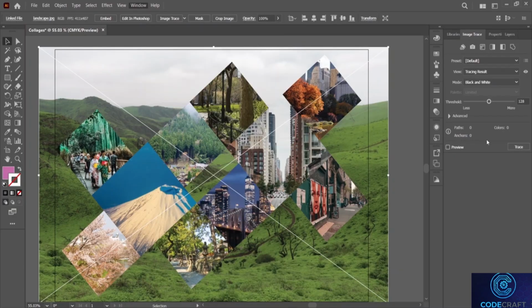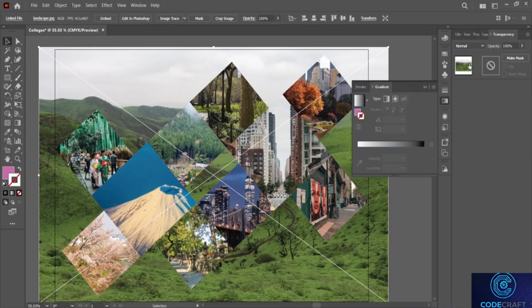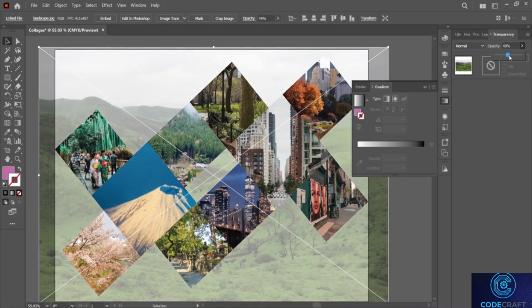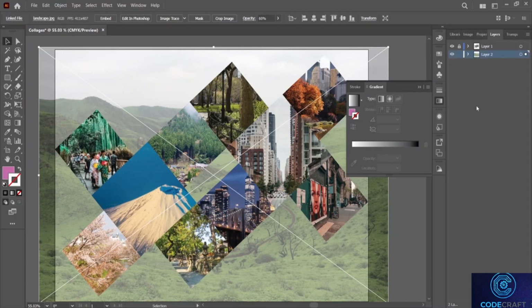Okay, and afterwards you will see the transparency pop up over here. Let's put it there. Okay, now here I want to basically select this and let's say change the opacity to about 60. Okay, and now that we are done,